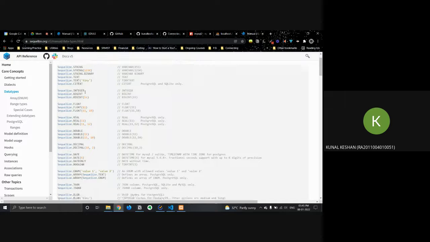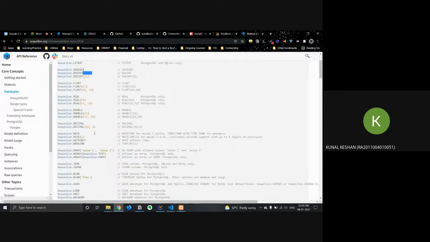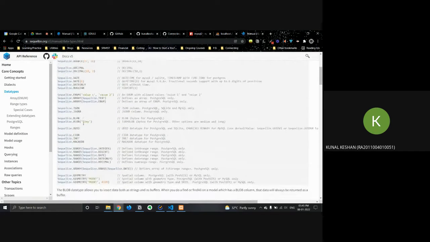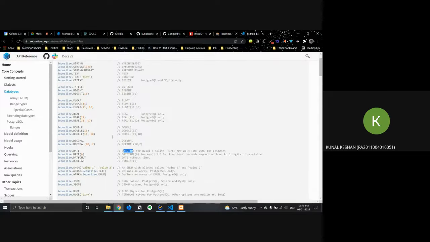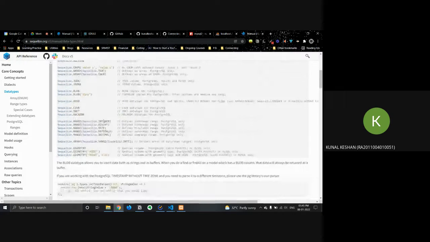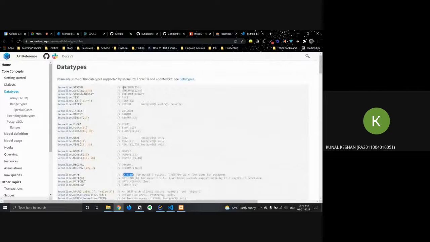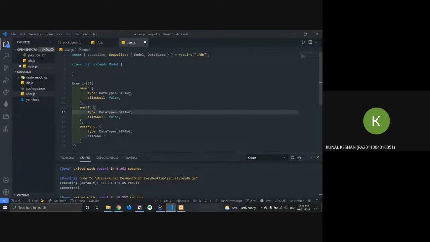Then you even have integer, big int, float. The main one we'll be using is date. Sequelize.DATE is nothing but your datetime as well. So all of these data types are nothing but your SQL data types in this case.